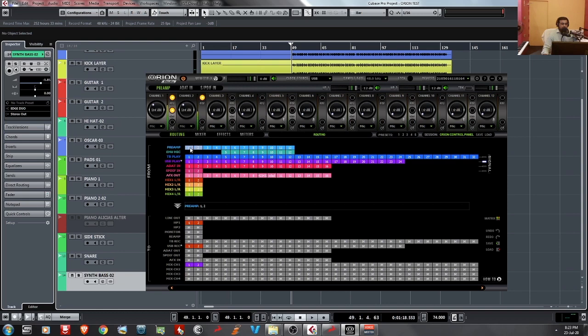So now we have to send the preamp 1 and 2. So I already told you that the USB record 1 and 2 is occupied. We can send the preamp 1 and 2 to any of the USB record channels. That won't be any problem. So I am just sending the preamp 1 and 2 to the USB 23 and 24. Okay. Now it's on USB record 23 and 24.